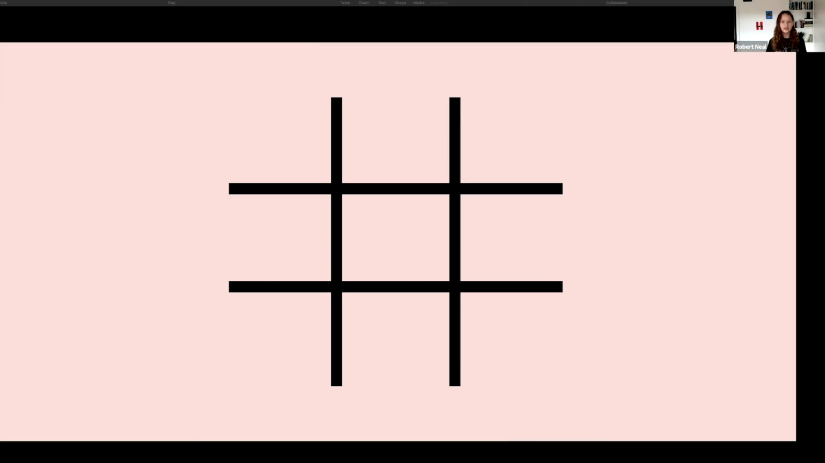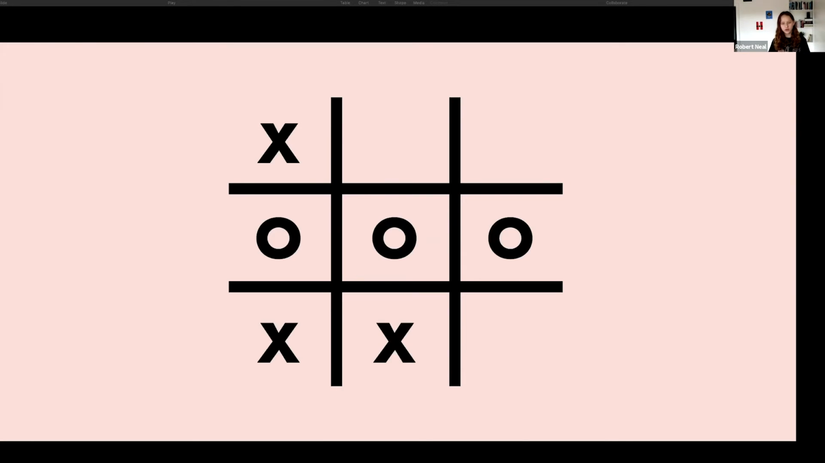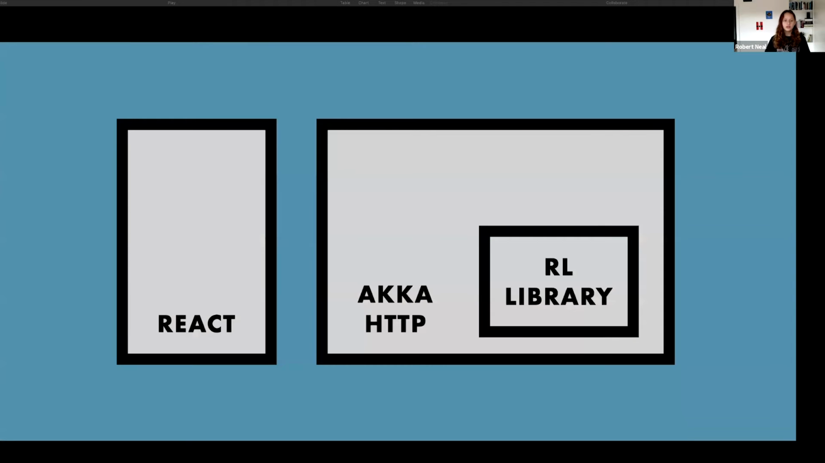So here's my example of tic-tac-toe. As you probably know, tic-tac-toe is a game where there are two players. One is assigned X, the other is assigned O, and they take turns filling this 3x3 array and attempt to get 3 in a row before the other. So for my example, the UI is implemented in React, and the server is implemented in Akka HTTP, which uses